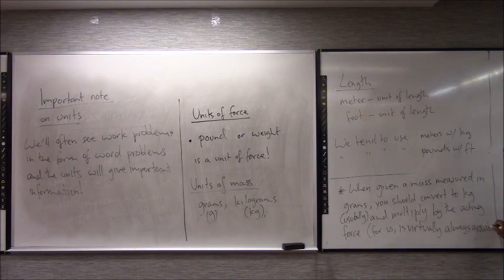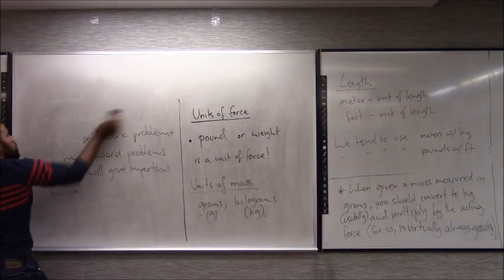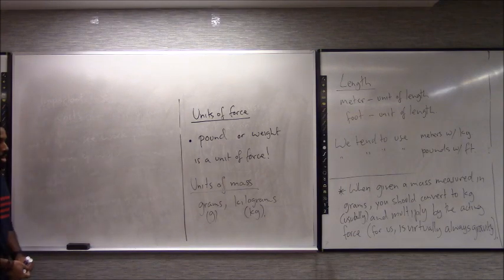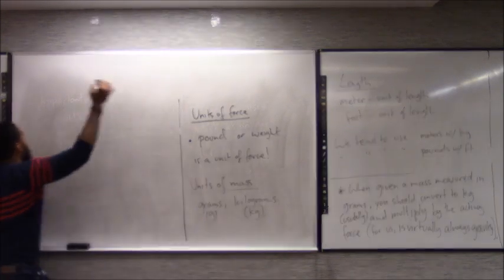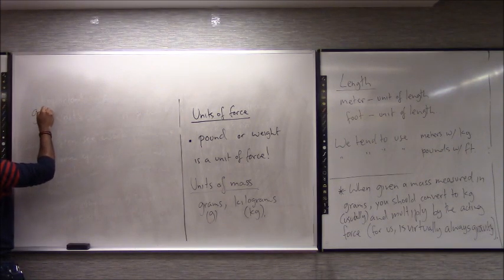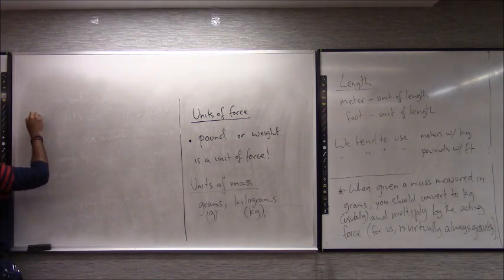We're going to be acting against the force of gravity all the time. We're lifting things up and gravity is trying to pull them down. Now gravity is the force of attraction that we feel being pulled towards the center of the earth. The force of gravity on earth averages at